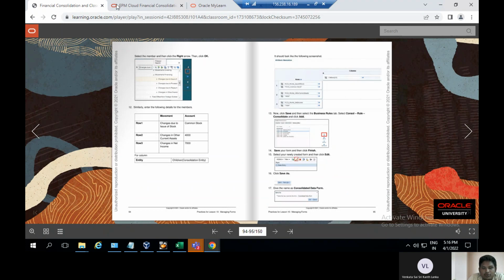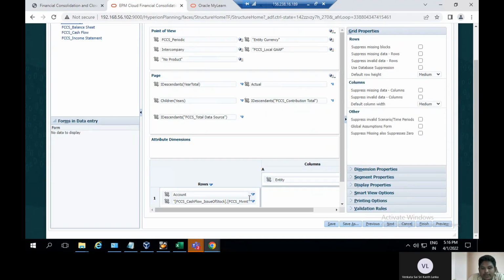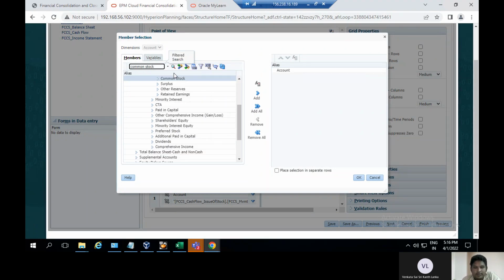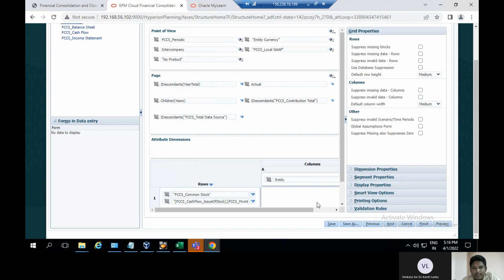Okay, I will go to and edit the account one, edit, here to search the common stock, and search. Here the common stock will appear, and click on add, and click on OK, it appears here, and